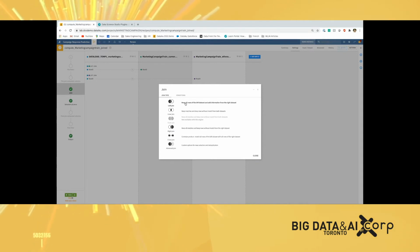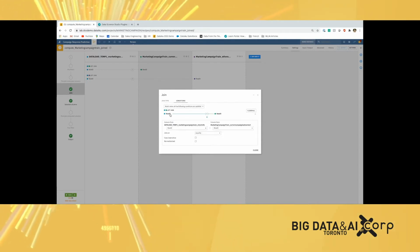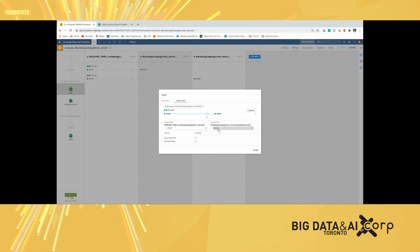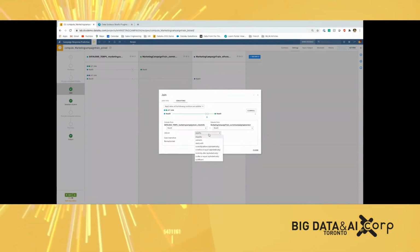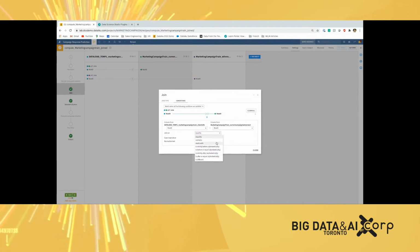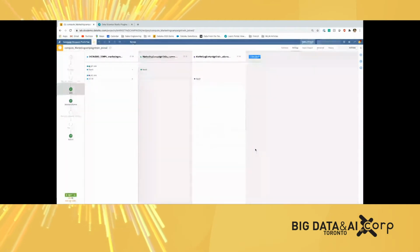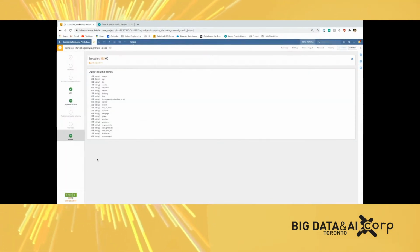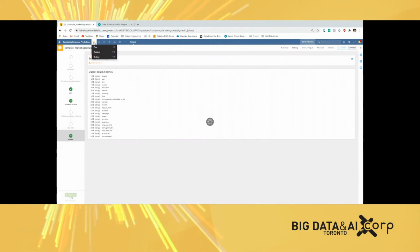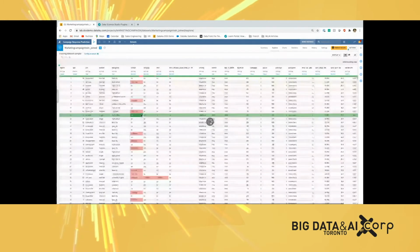But in this case, I want to keep all the rows of the left data set and add information from the right data set, so I choose left join on the condition of row ID, which is the shared column in these 2 data sets. I could swap it or change the join feature, such as contains or starts with, is strictly before, for example. But we'll stick with equality for now, and I'll show you what the output should look like. You'll see the various columns. Choose run and go back to the flow,